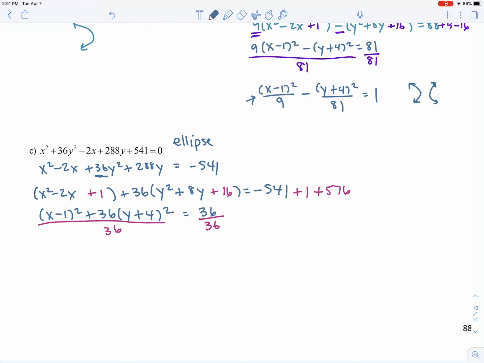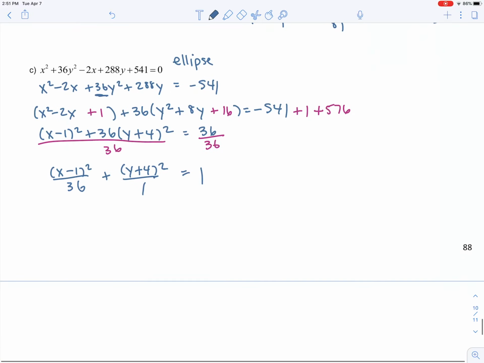So lastly, we can divide here. Everything's getting divided by 36. So nothing to reduce on this first term. x minus 1 squared over 36 plus y plus 4 squared over 1, or you can just leave it as y plus 4 squared equals 1. So because the larger number is underneath the